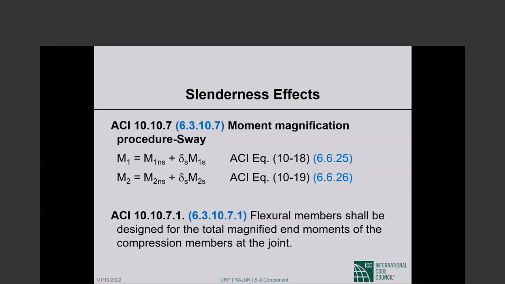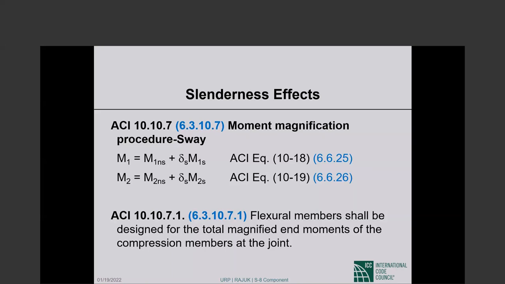So do not think always in terms of gravity versus lateral. Okay, so that's my advice. There are situations, not very common, of a total lack of symmetry when gravity can cause